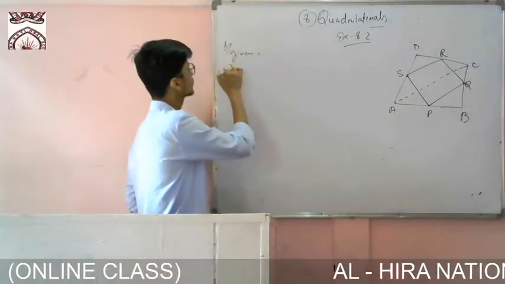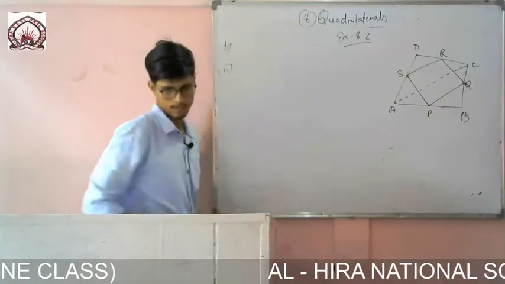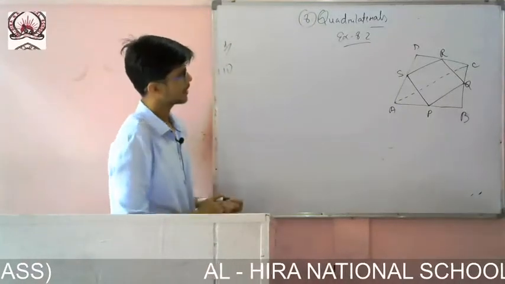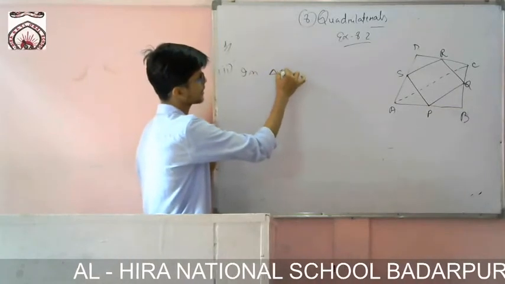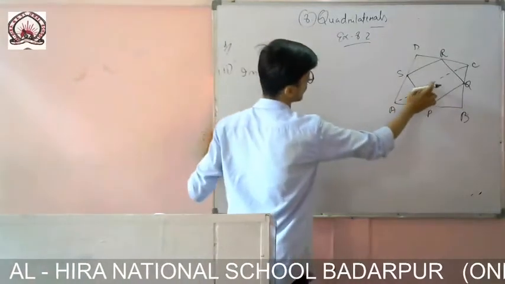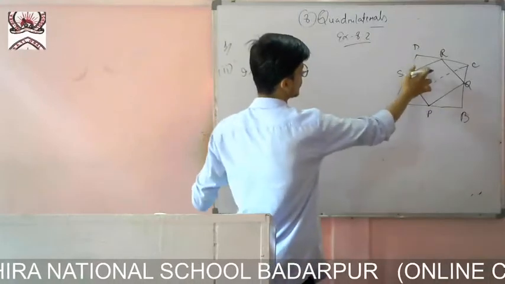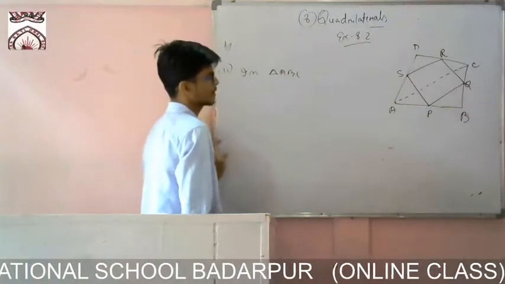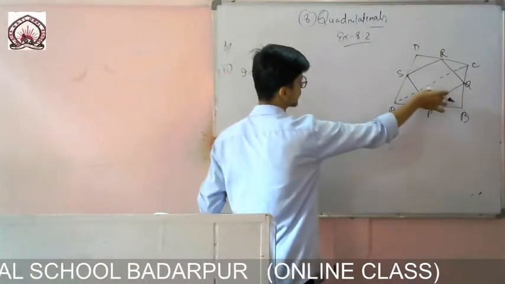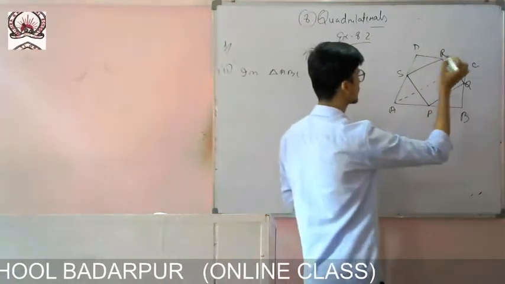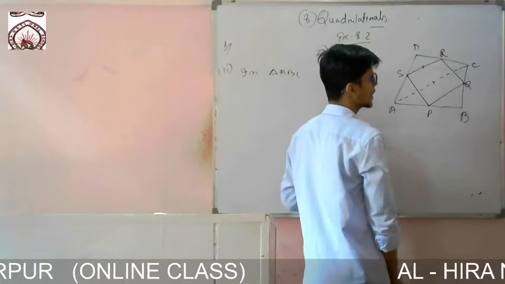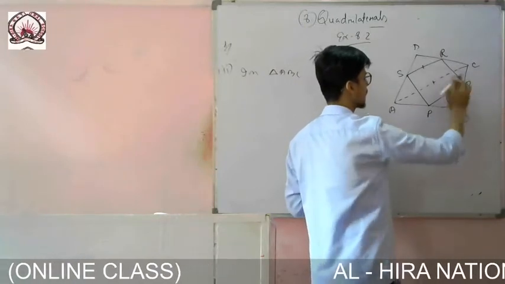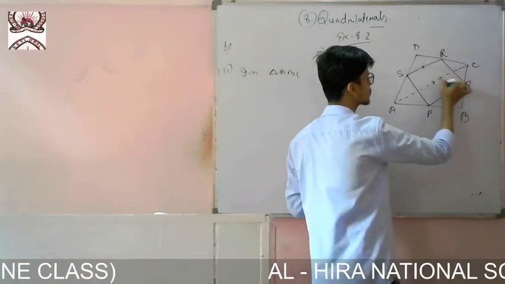Roman number 2, you have to prove PQ is equal to SR. So in triangle again, now I am taking this triangle, in triangle ABC, I have to show that this one is equal to that one. So first of all, let me take this triangle. One thing you see, in the first part I have shown that this one is parallel to this one. Now I am taking this triangle, I will show that this line is parallel to this one.